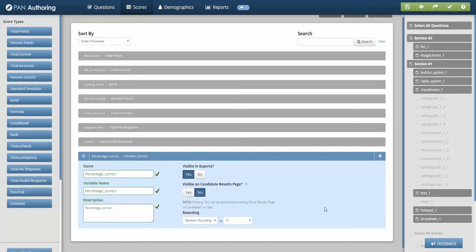The percentage correct will take however many you've established a correct value for and determine how many you clicked correctly. So if you had 8 and you got 2 of them, it would be 25%. So that percentage score just skips a step for you, so you don't have to use the formula score with the correct and incorrect total point score. So, handier way to do things, establishing percentage correct on those cognitive or skills